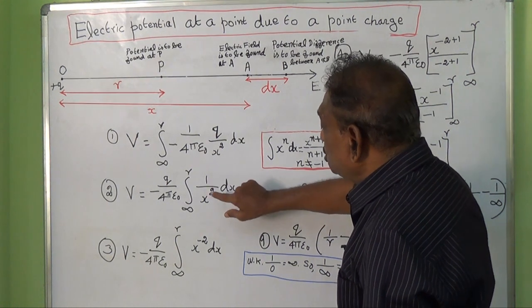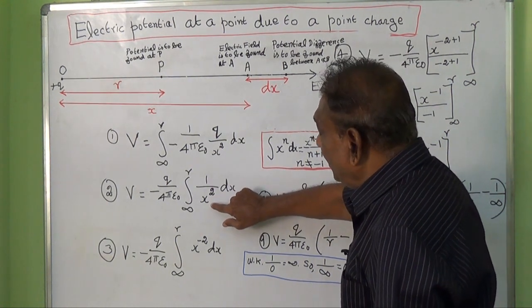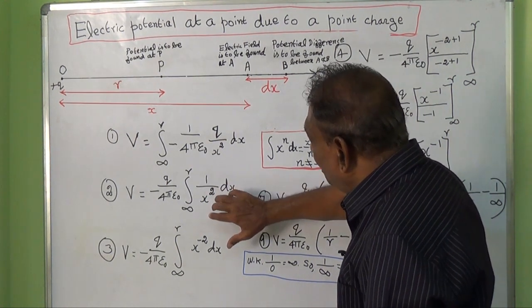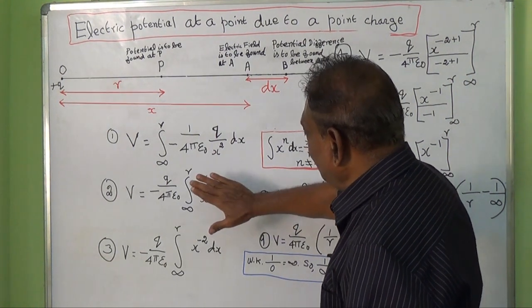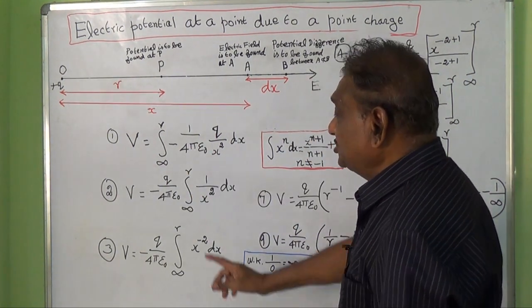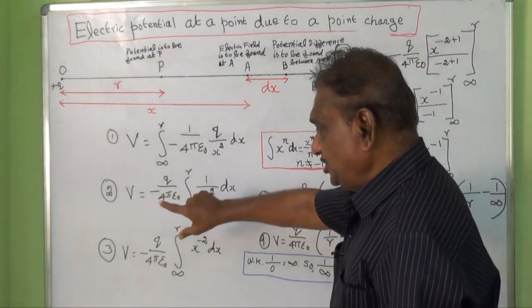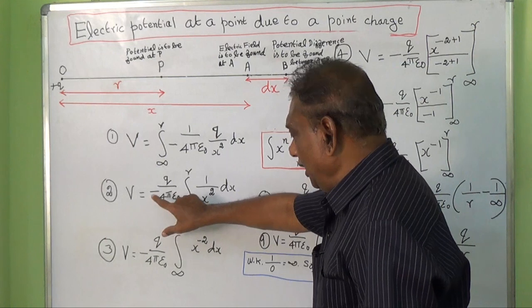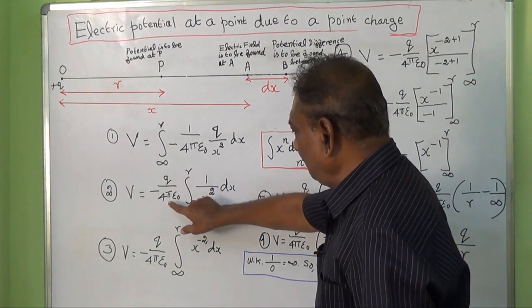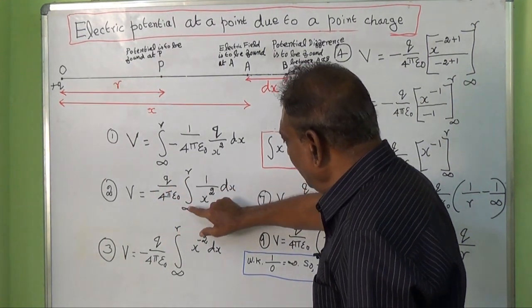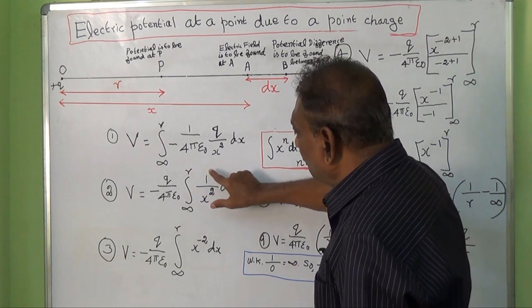The 1 by x square expression is placed after the integration sign. So this is the second step. So the potential V equal to minus Q by 4 pi epsilon naught integral infinity to R 1 by x